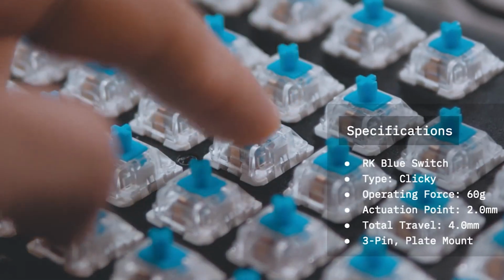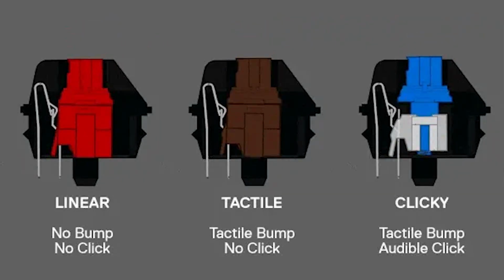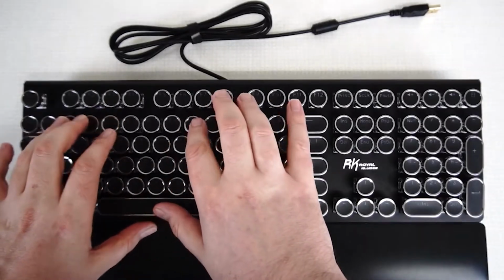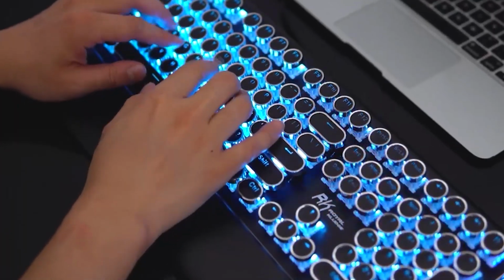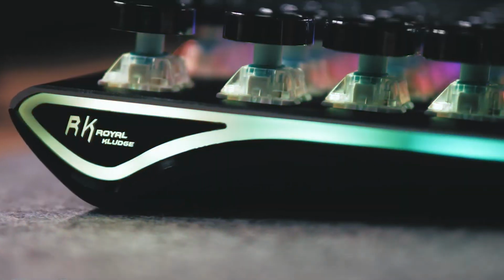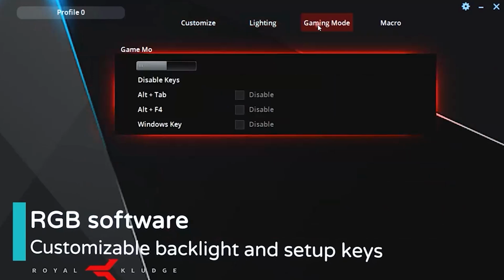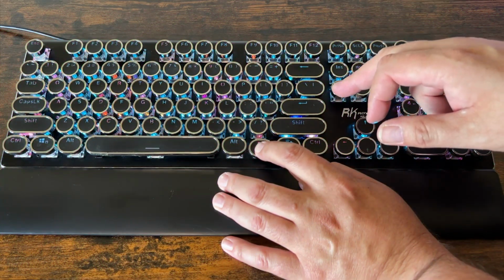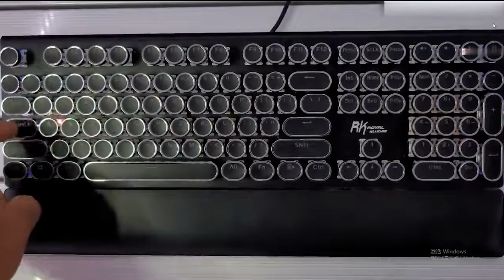The keyboard comes with a choice of switches, including clicky, tactile, and linear options, allowing users to select the type that best suits their gaming or typing style. One of the standout features is its customizable RGB backlighting. The keyboard offers an array of lighting effects and colors that can be personalized to match your gaming rig or